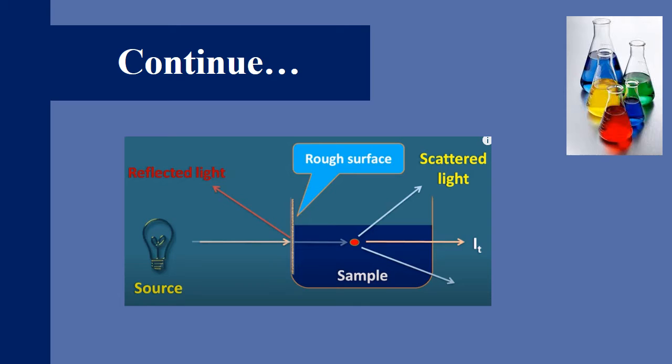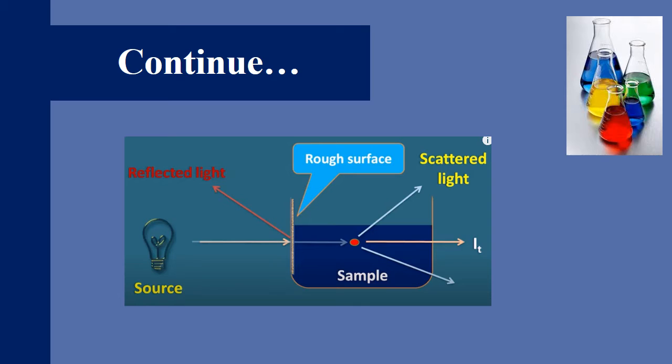It is not a smooth surface, and if we are going to irradiate the sample with electromagnetic radiations, then some of the electromagnetic radiations may be reflected back because of the rough surface, and we observe a reflected light along with the transmitted light. So that means instead of absorption, some of the light is reflected. So reflected light interference creates a problem in absorption. It will be eliminated by using a smooth and polished surface normally.